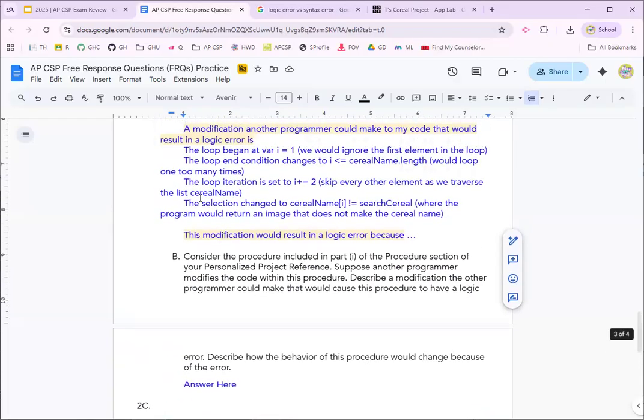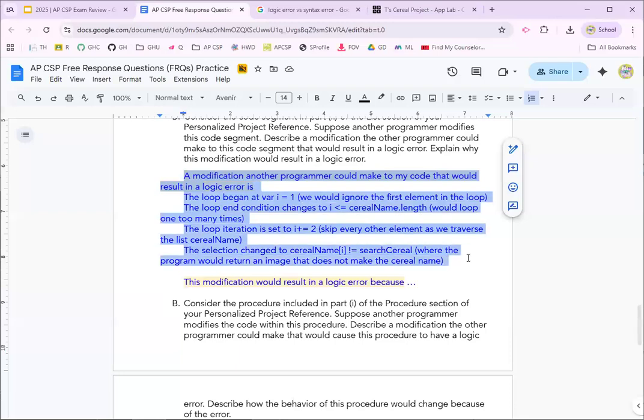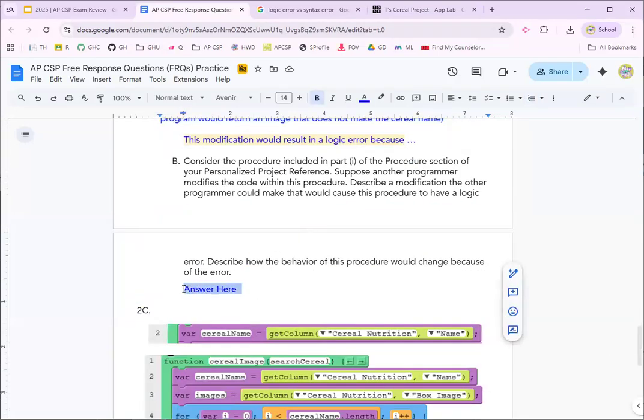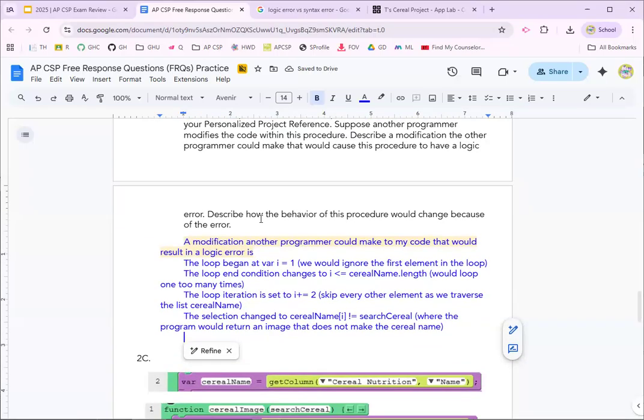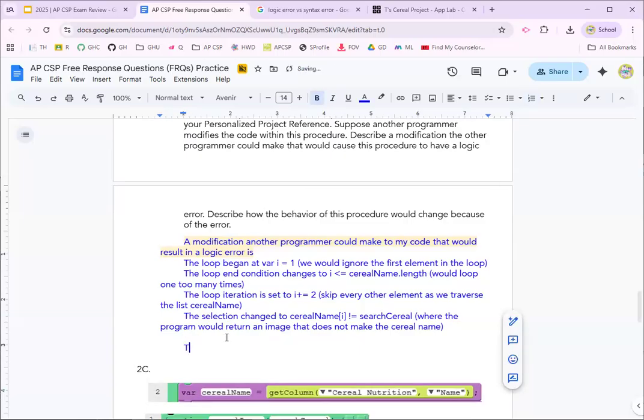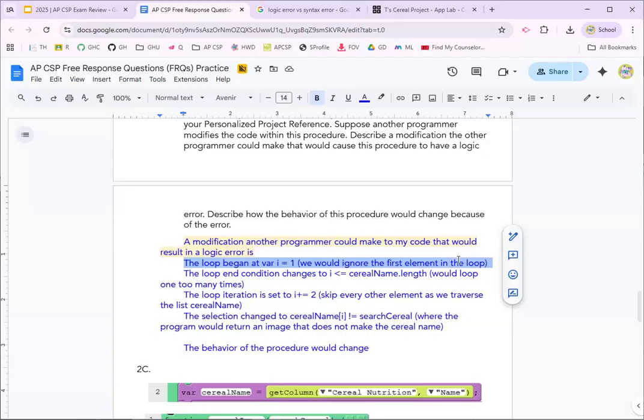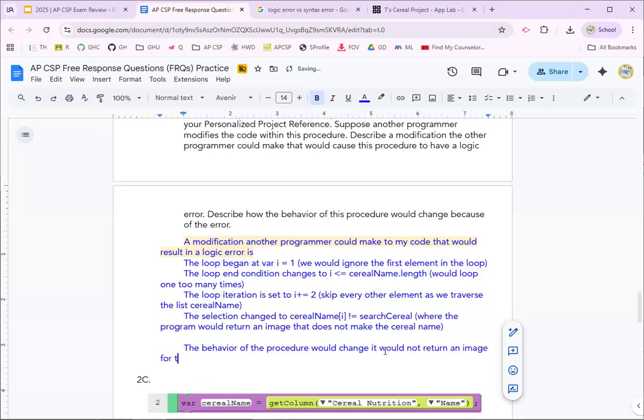Okay, and so this is nearly identical, right? A modification. Here are ones that could result in a logic error to our procedure. And then I would say how the behavior of the procedure would change. And we're going to describe how. So I'm going to choose this first one. If we said that the loop began at 1 instead of 0, the behavior would change. It would not return an image for the first